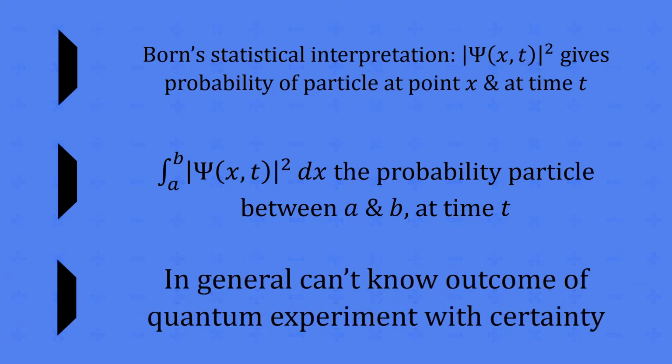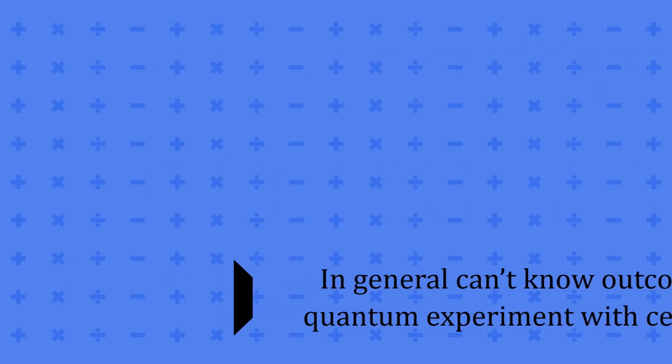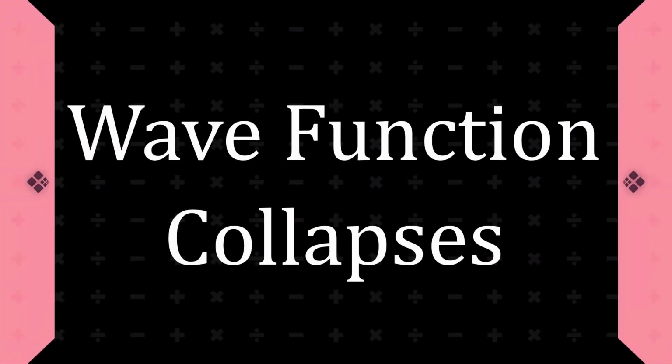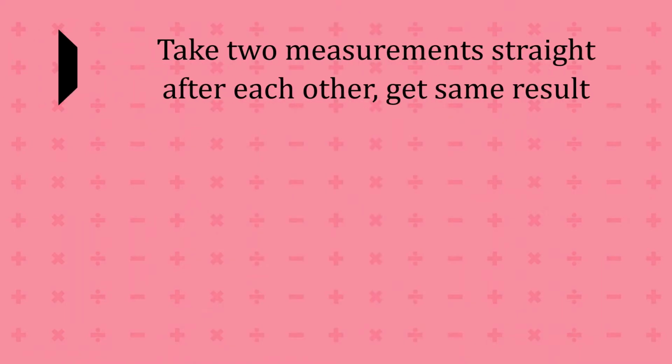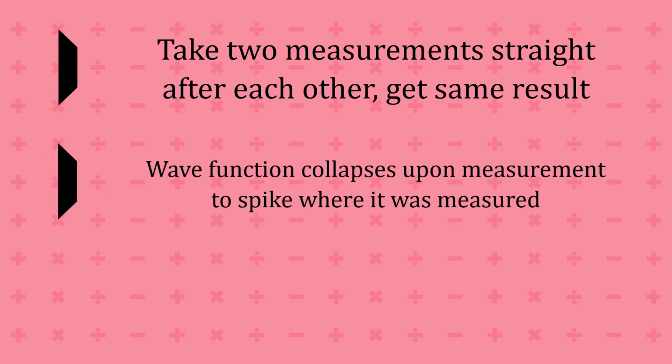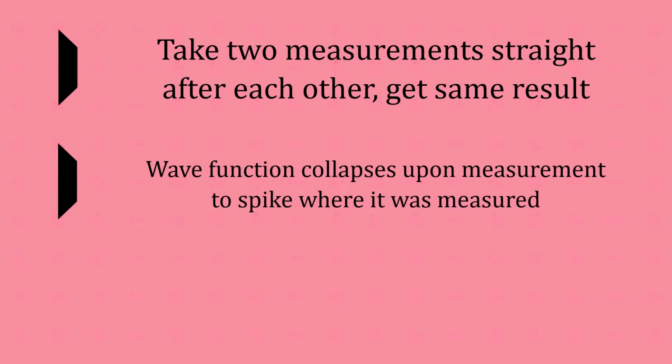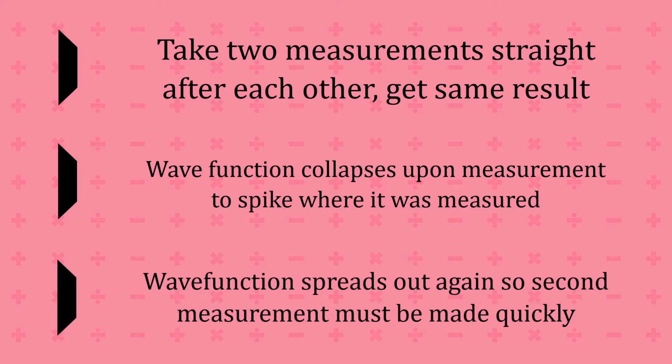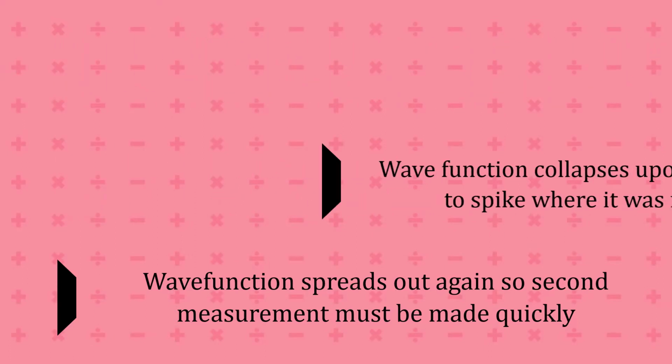This implies that in general, we cannot know the outcome of a quantum experiment with certainty. However, that is not the case when the wave function collapses. If we were to take two measurements straight after each other, we would get the same result. This is because the wave function collapses upon measurement to a spike at a single point where it was measured. However, the wave function soon spreads out again, according to the Schrödinger equation, so the second measurement must be made